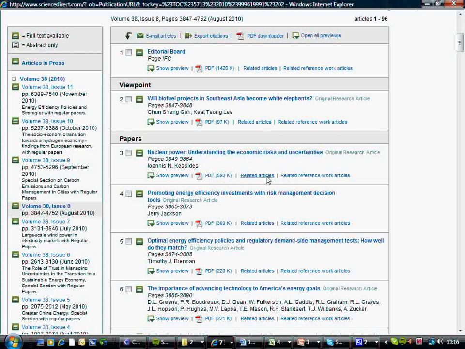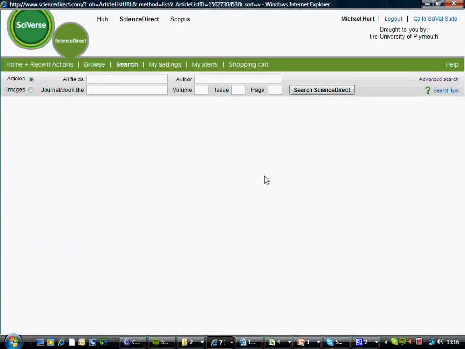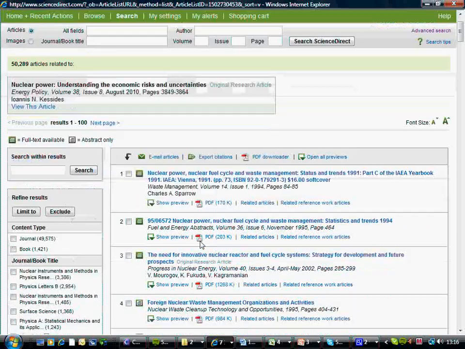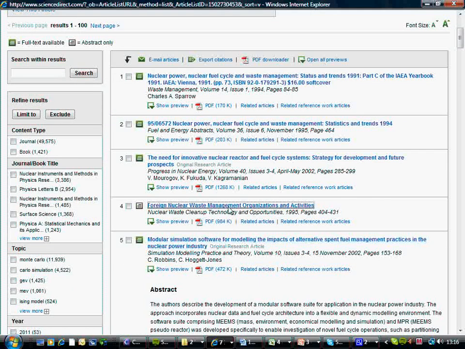The other nice thing you can do is click on related articles, and it'll show you other articles which, in ScienceDirect's view, are related to what you're looking at. Having done that, I do get this constant problem that I don't find a back button, so watch out for that, because there's no previous page, okay? Anyway, here I am on a list of articles. If I was interested in this one, I might click on it,